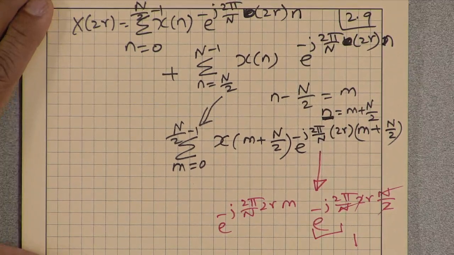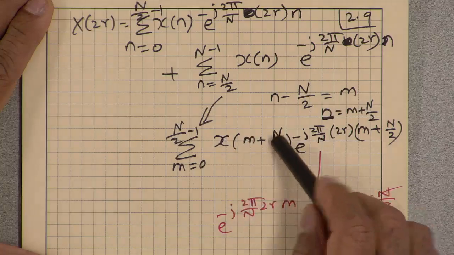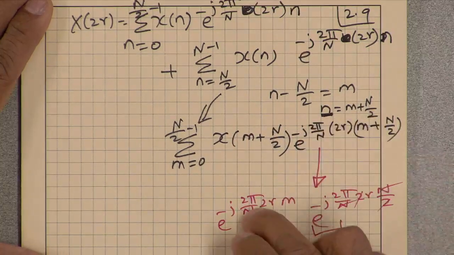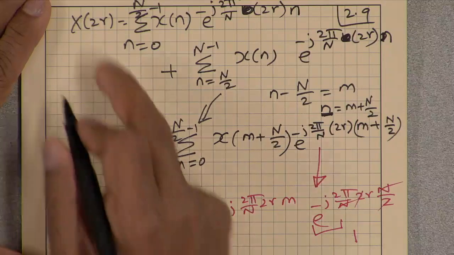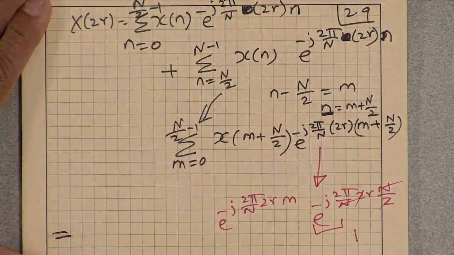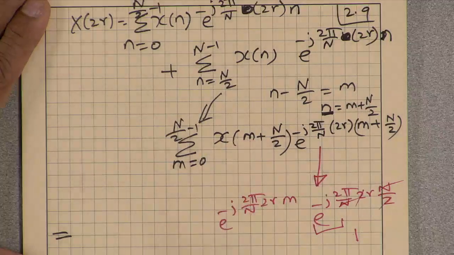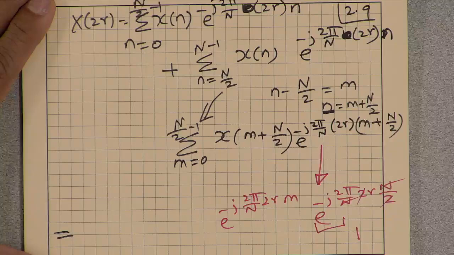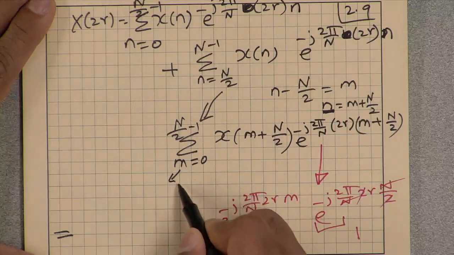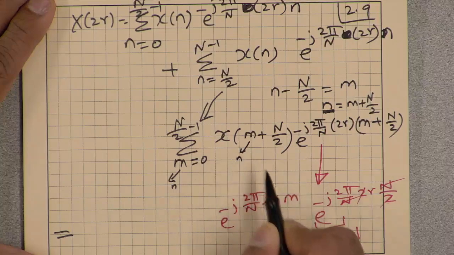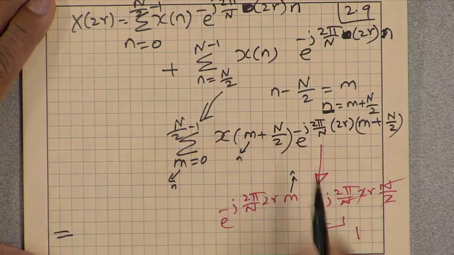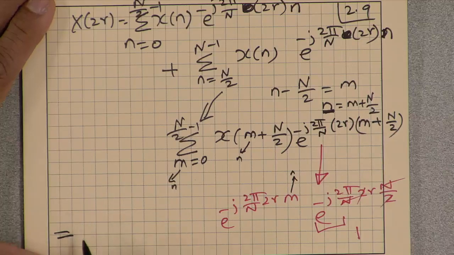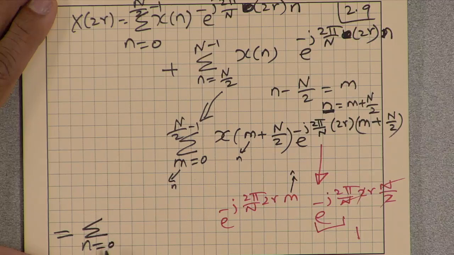Okay, so now this whole thing here is just that. So I can write this quantity as, m is simply a dummy index, and I can put that m back to n. It's just a dummy index, it doesn't matter. So if I change this m to n, change this m to n, and this m to n, nothing really changes. So I can now write that whole thing as summed over n equal to 0 to N by 2 minus 1